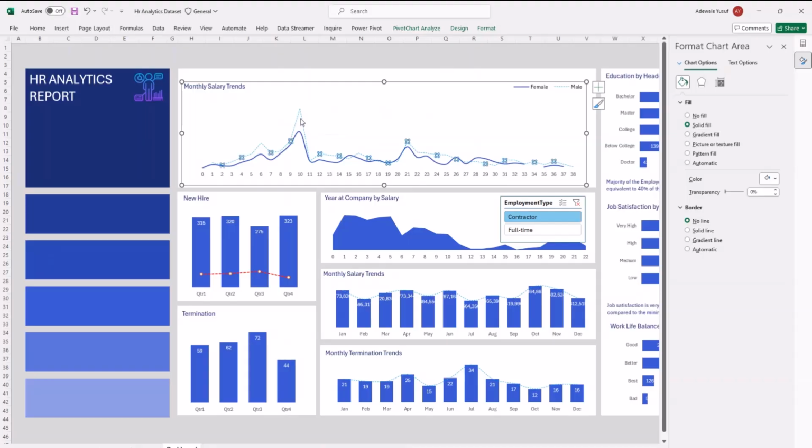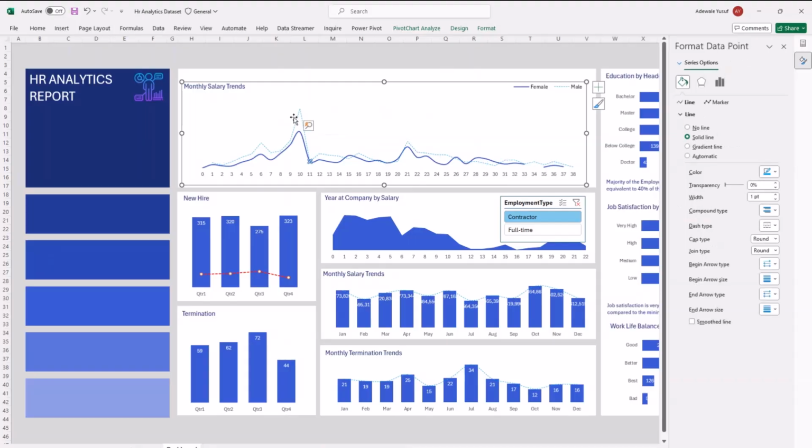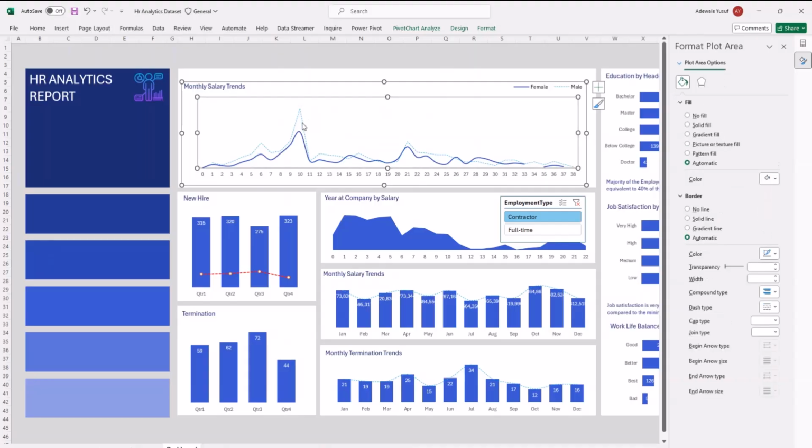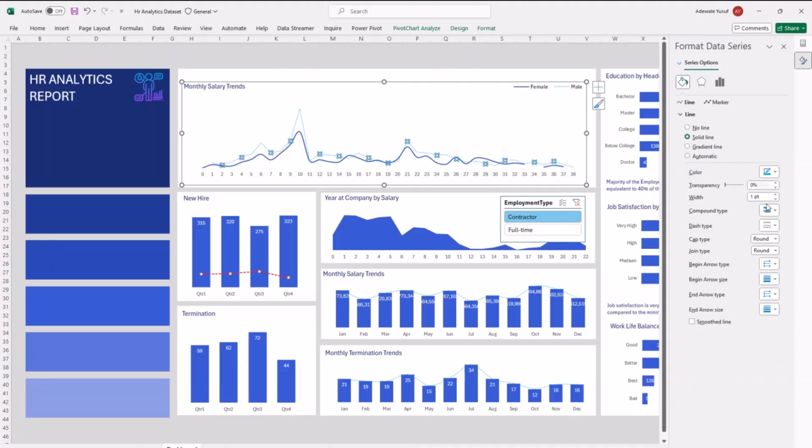But right now, I think the male color is too tiny. So what I should do is, let me select that and then make it 1.5, and then use another color for it. Maybe, what color should I use? Maybe a darker color. No. Maybe a lighter color makes sense, like the lighter color that I've used before. Yeah, this one. Okay, then I also smooth it. Then I can leave it as dotted line.